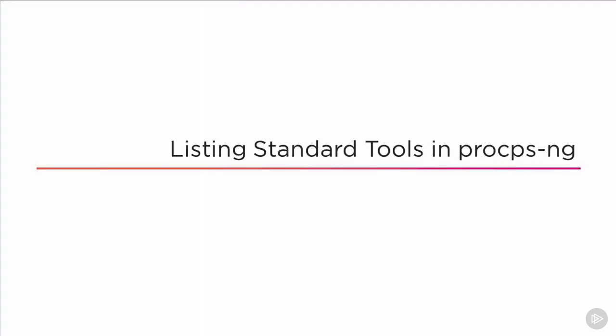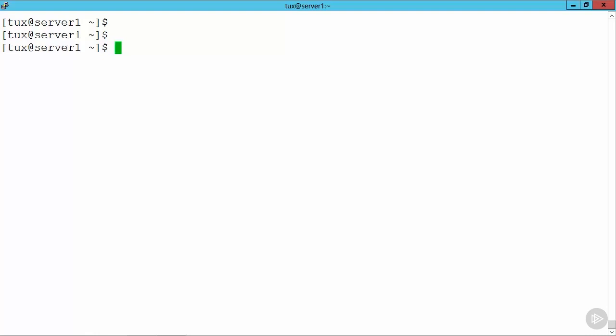To begin with, let's start listing those standard tools that come inside the package. So here we are, a sunny day on the server console of CentOS 7. What could be better? Well, let's just take a look at some of the things that we can do with our package management software. We'll be covering more in detail on package management later on in this course. But for the moment, we can look at RPM, the Red Hat Package Manager, and this can look at what we have installed. But if we go through a -Q and L for list and procps-ng,